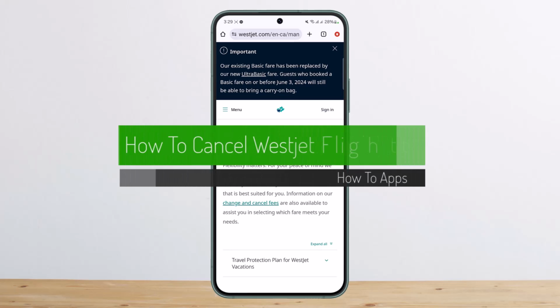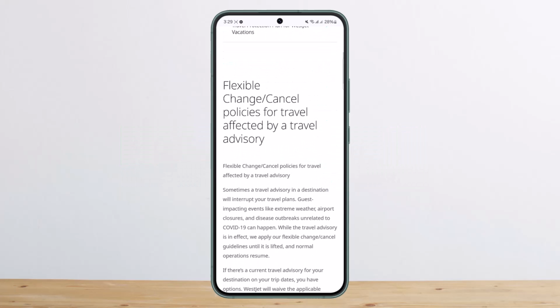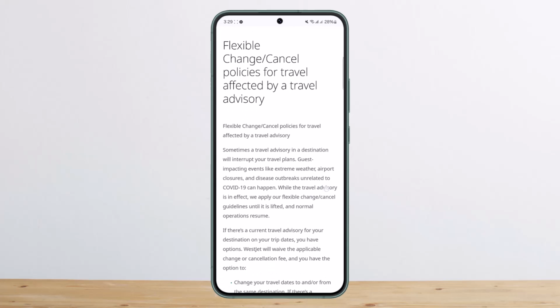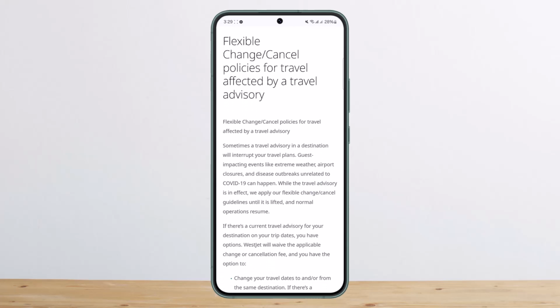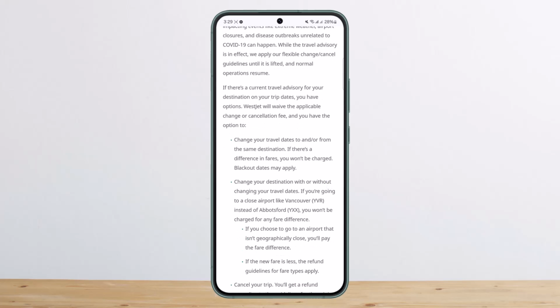So here is a short insight on how you can cancel the WestJet flight and what the policies are. Now as you can see, if you scroll down, there are flexible change or cancel policies for travel affected by a travel advisory. So what you can do, if there is a current travel advisory for your destination on your trip dates, you have options. WestJet will waive the applicable change or cancellation fee, and you have the option to: